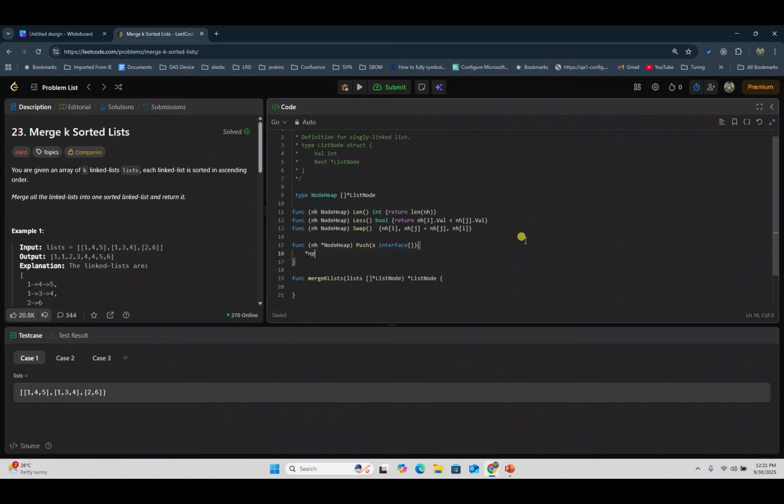Right, now we can see nh equal to append into that slice, whatever we are trying to do. This will be of type list node, right? That's it. Now let us see the pop functionality, or how we can implement